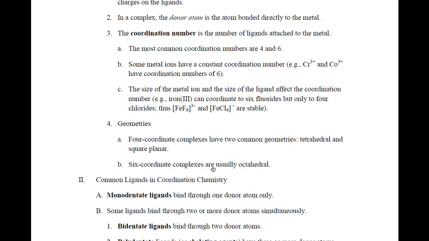6 coordinate complexes are almost always octahedral. I cannot think of any that aren't, but it doesn't mean that there aren't. But so 6 coordinate systems are octahedral in general, and if it's 4 coordinate geometry, it'll either be tetrahedral or square planar. And again, you'd have to be looking at it 3-dimensionally to know, because I don't expect you to know just, oh, well, that's obviously going to be tetrahedral, or that's obviously square planar, just by looking at the formula. I would provide you the picture of it, and you could tell me whether it's tetrahedral or square planar then.